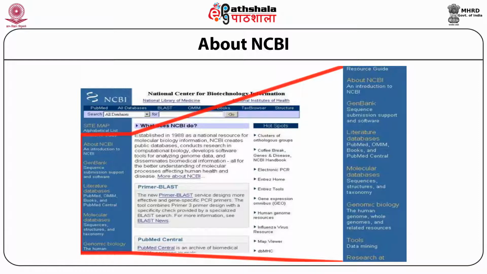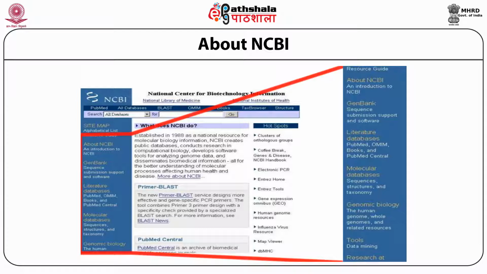For example, if you want to search a compound, you just select PubChem, then it will search for any compound. If you want to search about a gene, enter any gene name and select Gene, and it will give you the information about the gene. Similarly for the protein, and it contains a list of databases.